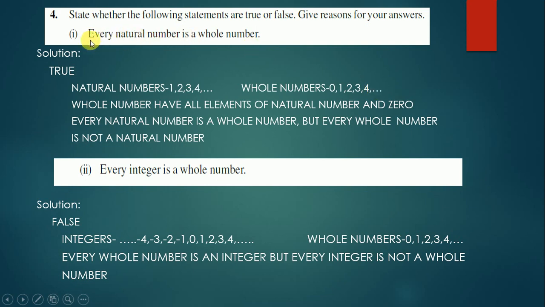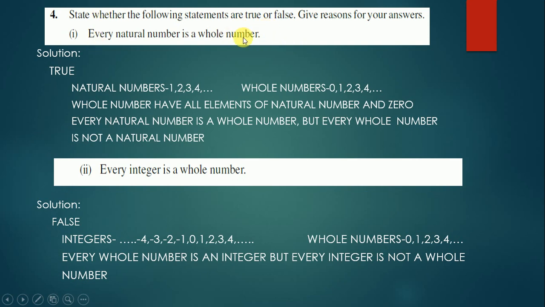Then for every natural number, you have to check whether all these numbers, starting from 1, 2, 3, belong here. So natural numbers start from 1, 2, 3, 4. Here 1, 2, 3, 4 is there, but 0 is not included, right? These all numbers 1, 2, 3, 4 are already included here. Okay. So the condition is true. Every natural number, starting from 1, all the numbers are included here. So every natural number is a whole number.